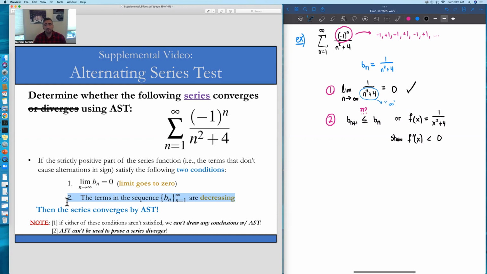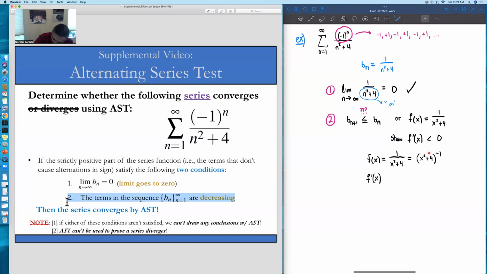For some extra derivative practice, let's start with that. Again, we'll take our series function that has only positive terms and replace the n's by x's. So we have 1 over x squared plus 4 as the function we're going to differentiate. I'm also going to rewrite this as (x squared plus 4) raised to the minus first power. The reason for doing that is we can do chain rule as opposed to quotient rule, but you could do quotient rule if you'd like. So if we take the derivative now,